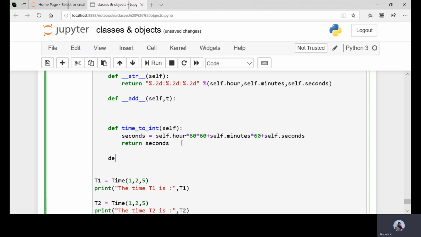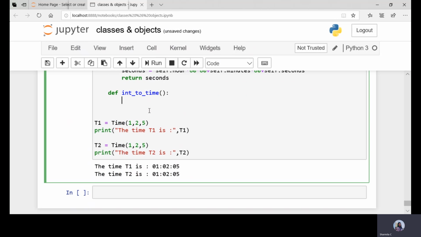Now in a similar way, define one more function, int underscore to underscore time, where we are going to convert seconds to the form of time, that is hours, minutes and seconds. So how will we do this? Again, just create one more object of class Time.